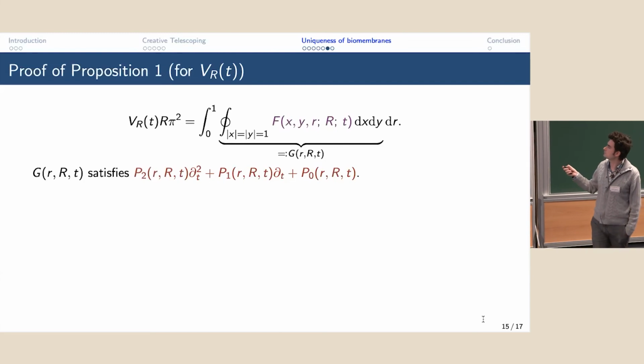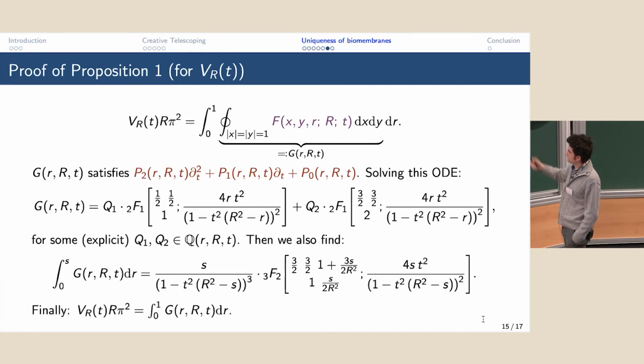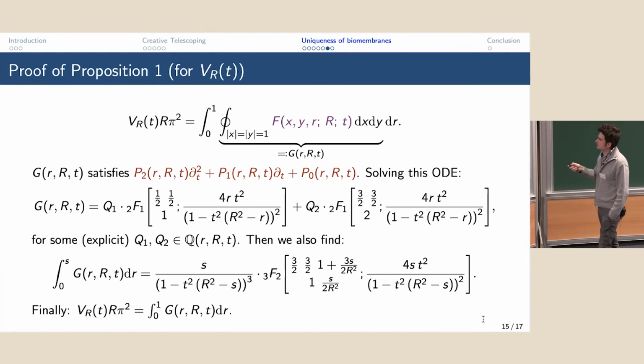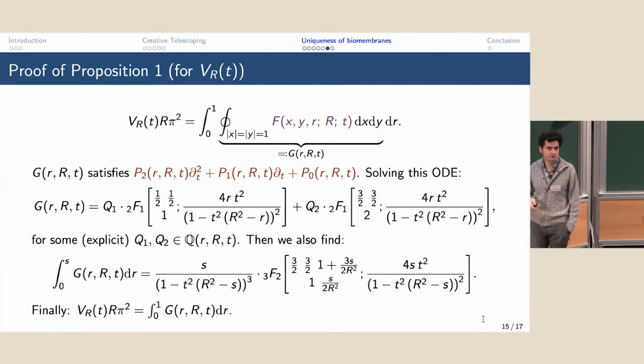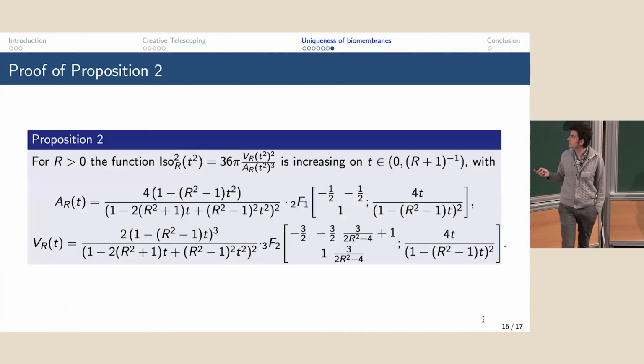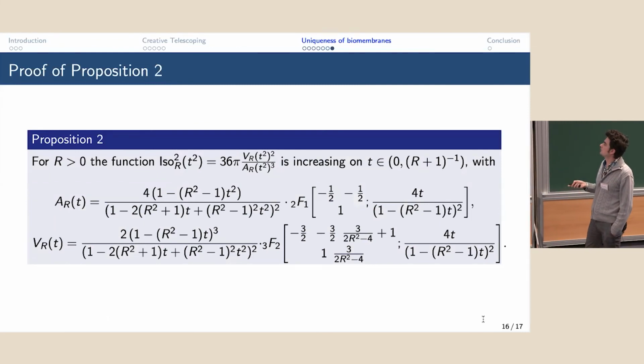So what I just said before is that this g, which is this function in the middle, satisfies such a second order differential operator. And from there, I will now maybe skip this part, we can easily compute the integral ds and find what I said before, some pullback hypergeometric function. So this is the first part. And now, maybe in the last 2 minutes, I guess, I will show that